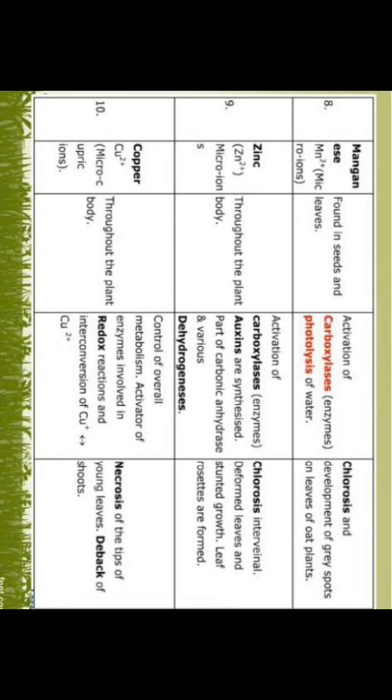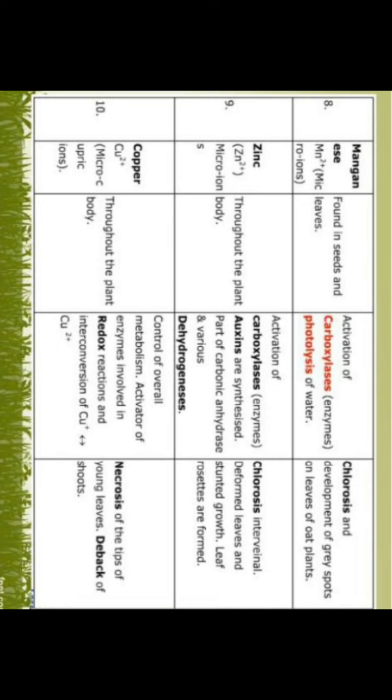Next, deficiency symptoms: development of gray spots on leaves of oat plants. This is the significant characteristic due to lack of manganese in the plants. Next,